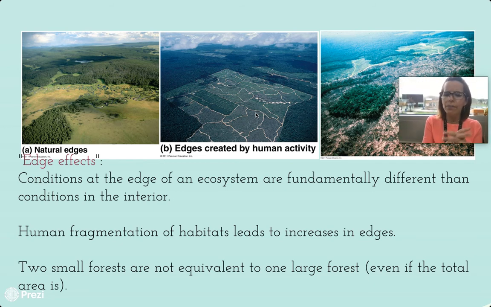Human fragmentation of habitats leads to increases in edges. Also, take something like a highway running through a forest. If you have deer on the left side of the highway and deer on the right side of the highway, often we have a fence, so you will find that they cannot mate with each other anymore. So they have a tendency to inbreed. The deer on the left side of the fence are going to breed with the deer on the left, and right on right, instead of interacting with each other. So that causes them to have a decrease in their genetic diversity. Oh my gosh, the craziness.